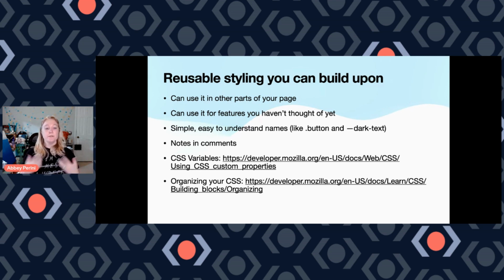I keep calling them variables. They're CSS custom properties. I have a link here for the MDN explanation of that. But basically, instead of having to use a hex code every time, you can just say, oh, put dark text here. Pretty simple. I've also got the Mozilla Developer Network guide to organizing your CSS here. I use BEM typically for naming my classes. That's block element modifier. And that's just a way that I know looking at it like, oh, if I have button and then primary, that's for my primary buttons. It's just a guide to follow, a style guide.